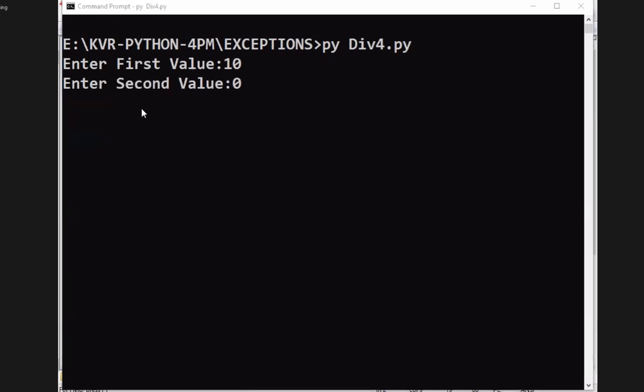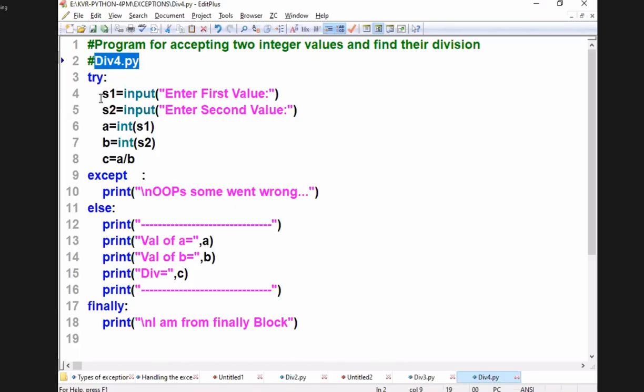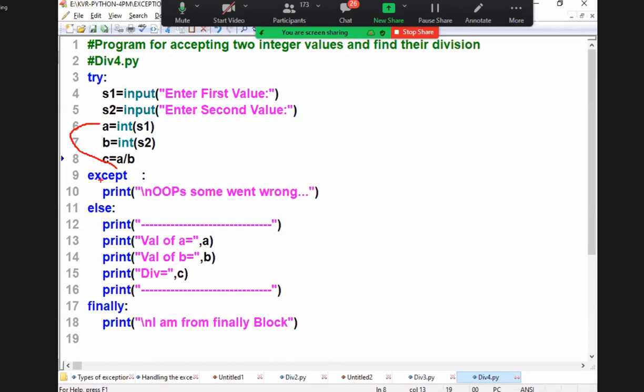What is happening? Which type of exception occurs? Zero division error. All sorts of exceptions are coming to which block? Here, what is not specified? No except block, no zero exception, no value error, no zero division error. Everything it will match. Right or not? So PVM takes nothing specified, meaning it is executing internally.